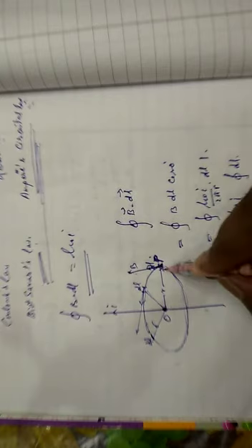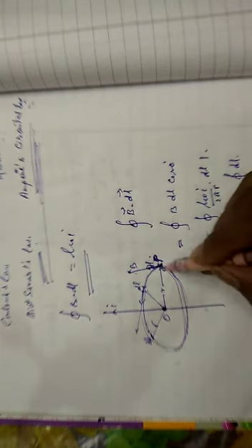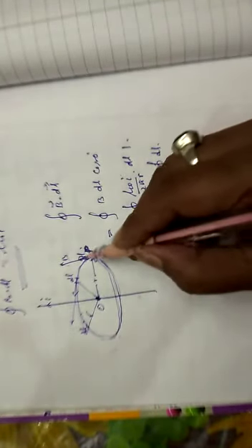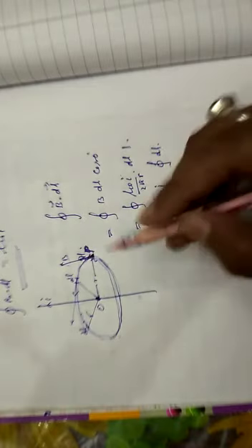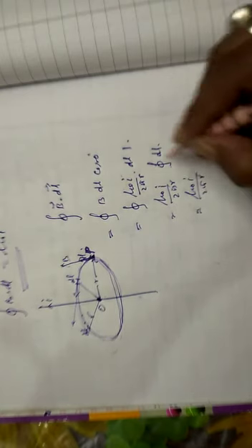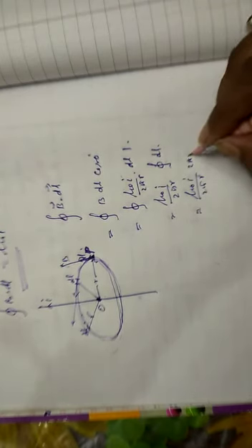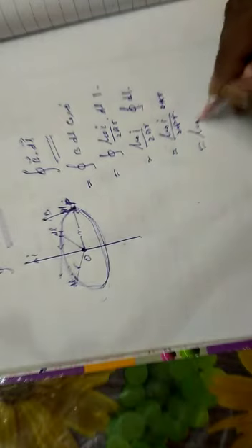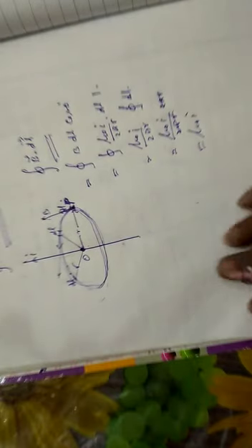And the loop integral of dL means you have to integrate dL around the whole circle, and you know that if you integrate the whole dL of this circle, you will have 2 pi r. So mu naught I by 2 pi r, times 2 pi r, and 2 pi r gets cancelled. So finally what you get is the loop integral of B dot dL equal to mu naught I, and this was Ampere's circuital law, and this way we prove Ampere's circuital law.